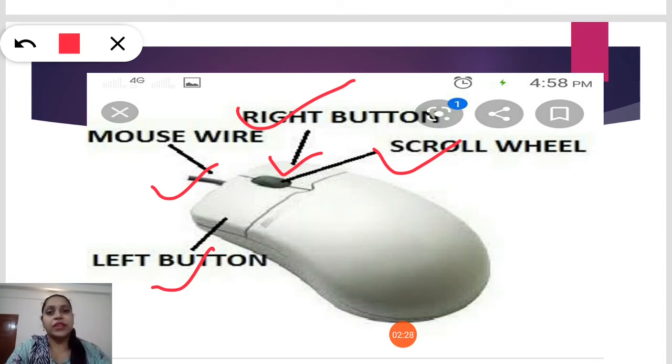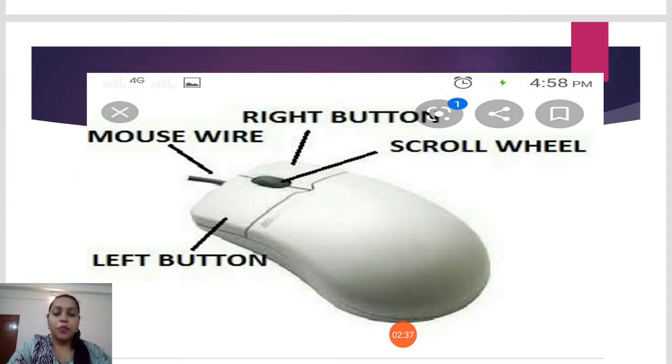With the help of this wire. It's a long wire, and it connects to the computer, so that whatever command we give to the mouse, the computer does in that way. Okay children, so is it clear? You can see here the parts of the mouse. The right button is there, the left button is there, the scroll wheel is there, and the mouse wire.